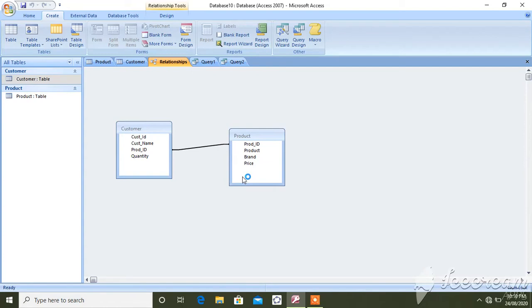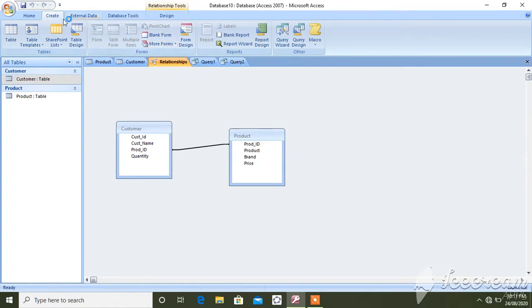Meaning in that shop, how many brands are available, how many quantities are available, all this information is saved in the product table. Suppose you purchase two quantities of jeans, then obviously from that shop those two quantities get subtracted. So it is necessary to have a relation between these two tables, and that is when this relationship concept is used. So let's see another point, query.